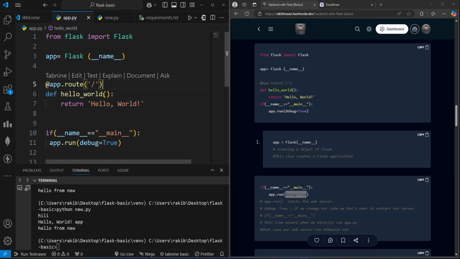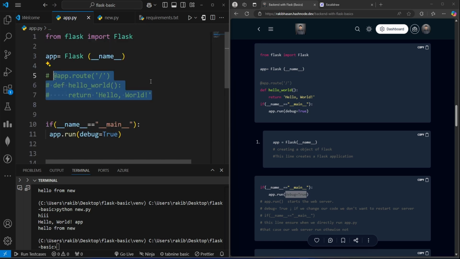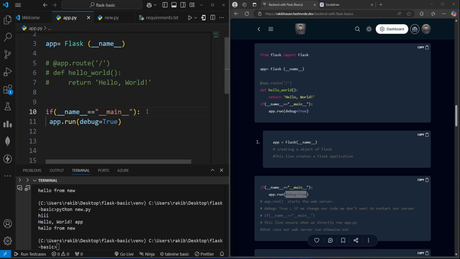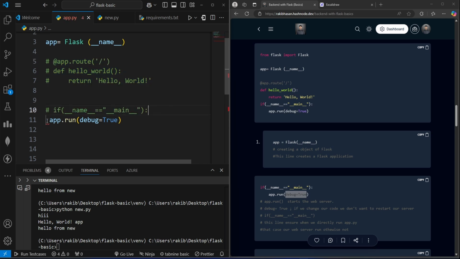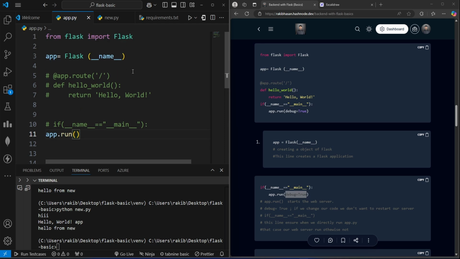For 2 to 5 minutes you can ignore this line of code. I will explain it in a while, and for now I just comment out this line of code, and I can also comment out this line of code. Now you just need to focus on this line, app.run, and I can also delete this debug equal to true line. I will explain it in a while. So just focus on that